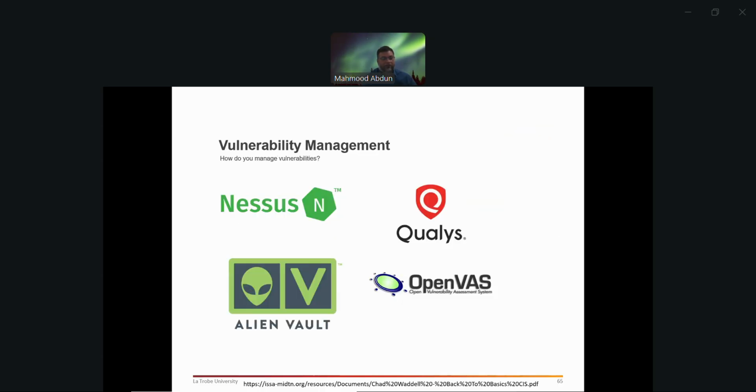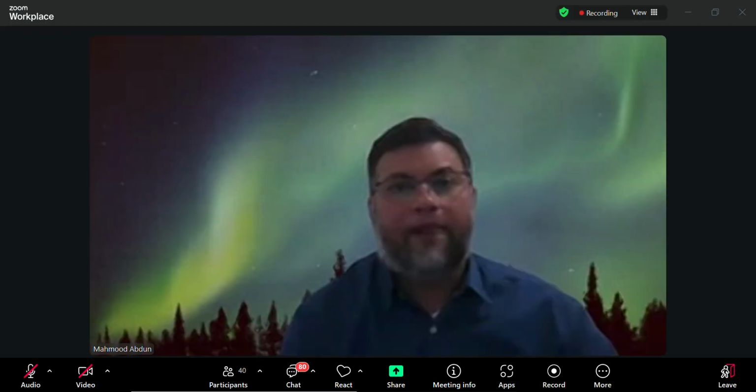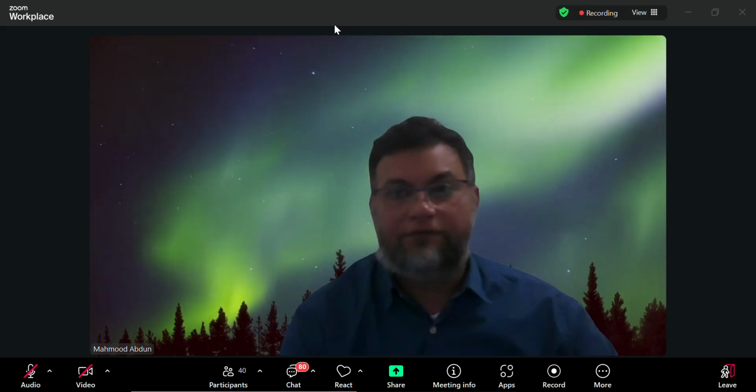So these are the tools that you can use to identify vulnerabilities: Nessus, Qualys, AlienVault, OpenVAS. OpenVAS I think is free, but the rest is probably now proprietary, especially Nessus. They started off free as well, but it's all license-based now. These are very powerful tools to identify the majority of the vulnerabilities, and they regularly update the database of vulnerabilities with the published ones, so they can quickly identify these vulnerabilities. Okay, so I'll stop there, and we only have a few more minutes left.